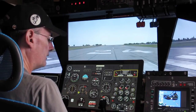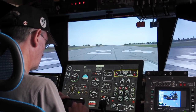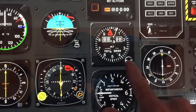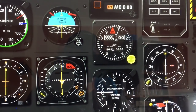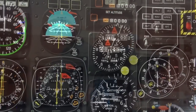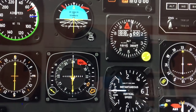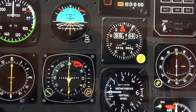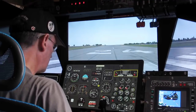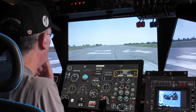Okay, 3005. Now normally I would dial that in on my hardware panel, but I'm not going to do that today. We're going to dial that in using the Knobster as well. So we have the Kollsman adjust there, so we click to highlight it. Again, go over to the knob, 3005. Well, it is set, but if I just pretend it wasn't set and we dial in 3005 there, now we're ready to go. We're going to take off, then we're going to do more or less a 180